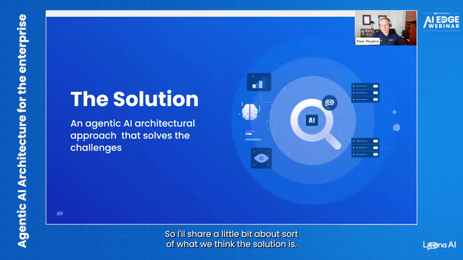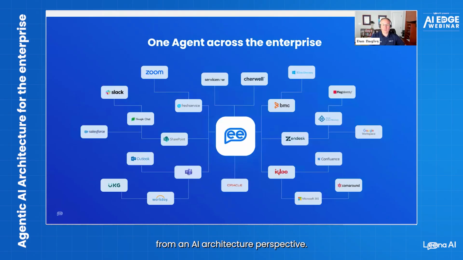All right, so I'll share a little bit about what we think the solution is. Just a couple slides. Like I said, I don't want to make this too salesy in nature, and then we'll talk a little bit more about generic AI architectures and what we think is the right approach from an AI architecture perspective. So first and foremost, in addition to meeting employees where they are, having one orchestrated AI agentic system